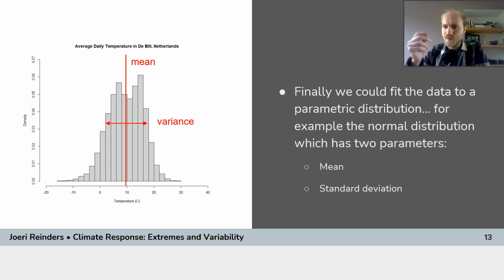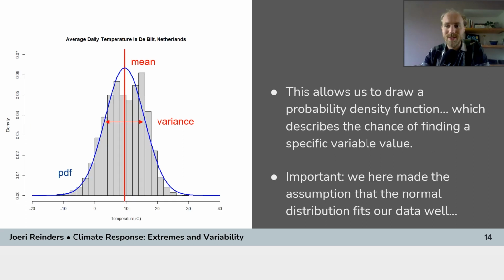From those moments, we can estimate parameters of distributions. The most iconic is the normal distribution. You probably have heard about that one in some statistics class, and that's the first one we're going to try out here too. The normal distribution is created from the mean and the variance, or the mean and the standard deviation. There's a whole mathematical formula to describe this, which we're not going to get into, but from that formula we can infer, based on that mean and variance, how big the chance is that you're going to find some temperature. And that line, the line that we have seen before, is what we call the probability